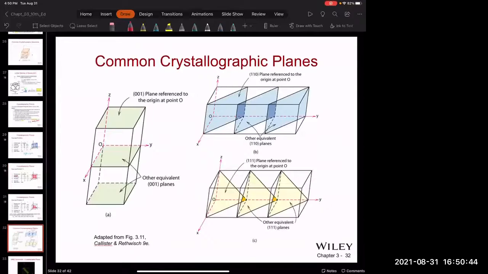And the family of planes we use the curved parentheses to represent. Now, not all planes are represented by 3 numbers. When you work on the HCP, we actually have 4 directions. Now, you might wonder, how could we have 4 directions? Well, if you represent things in a cubic, yes, you have X, Y, and Z. But when we define the hexagonal shape, because it has 6 sides,